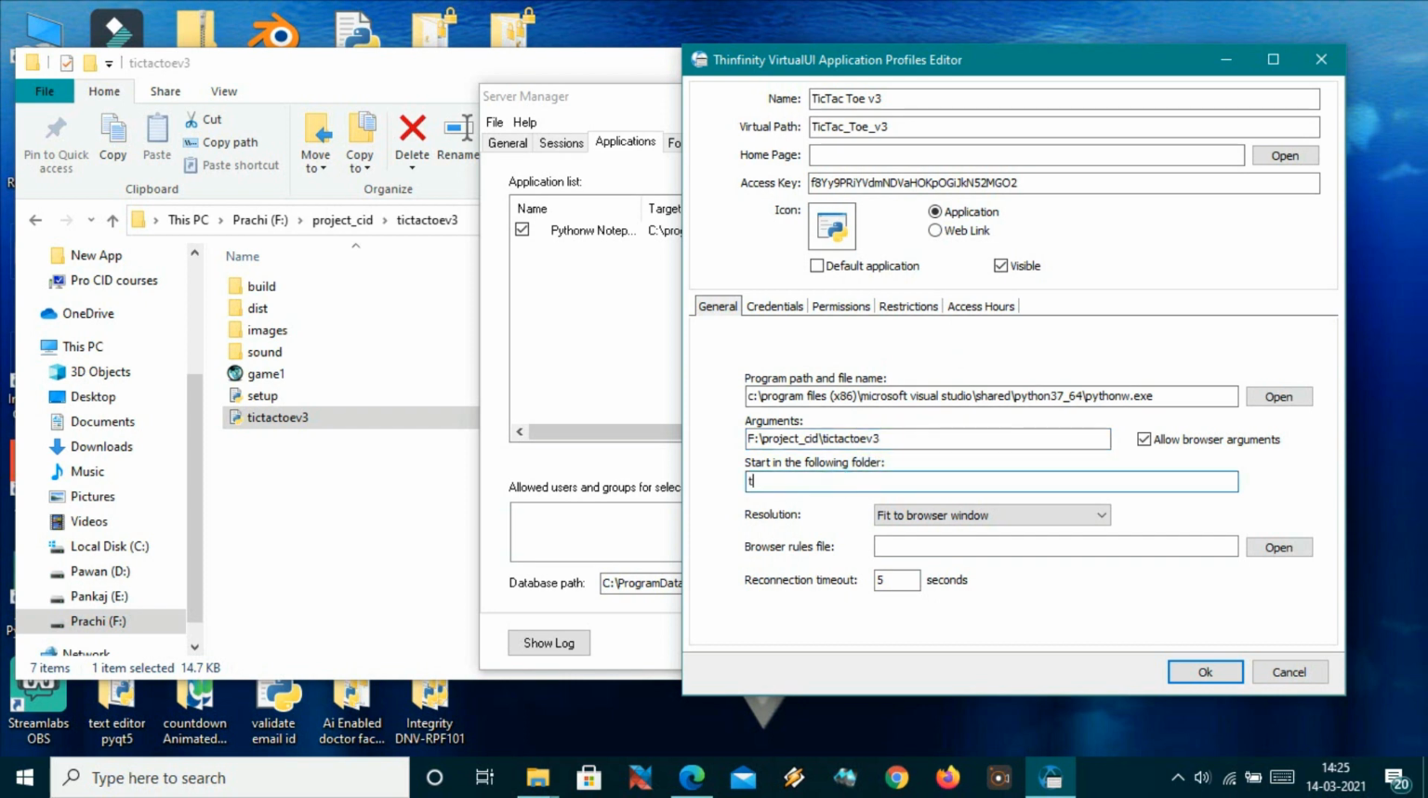Okay, so I will pass here tic-tac-toe v3.py. Okay, and I will also change the backward slashes to forward slashes. Okay, all will be forward slashes. And now